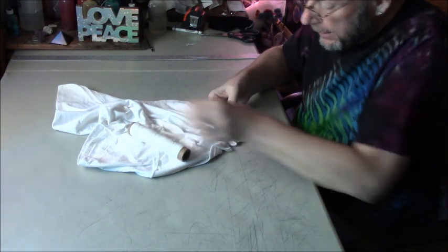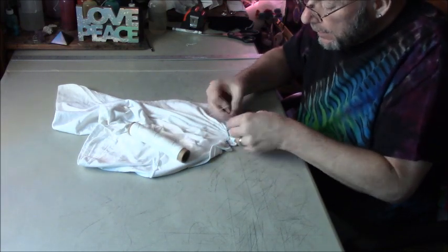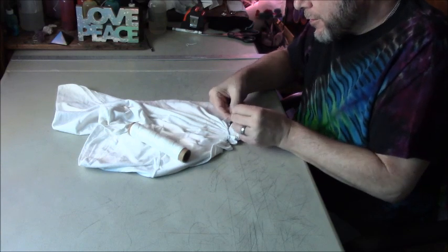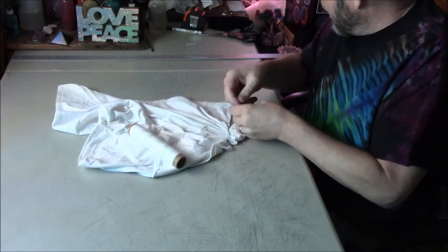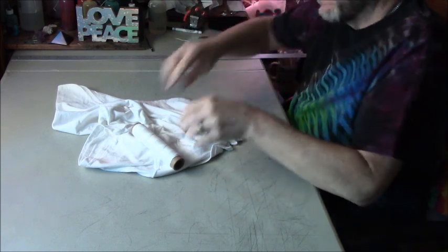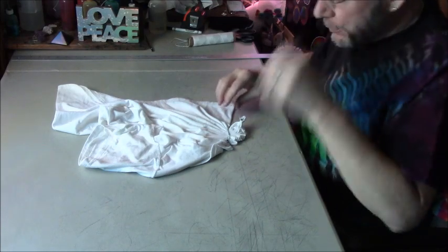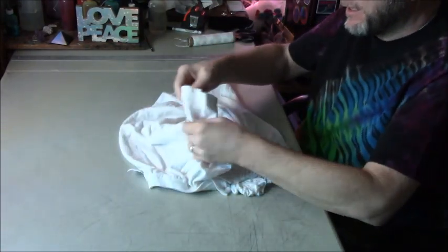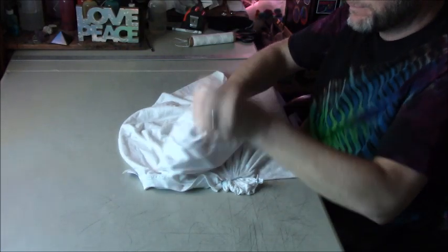Okay, now we're going to tie that off. And this kite string might even cause just a little bit of a white line also, depending on how tight you tie it. Okay, now the rest of the tee. I think we'll do a little